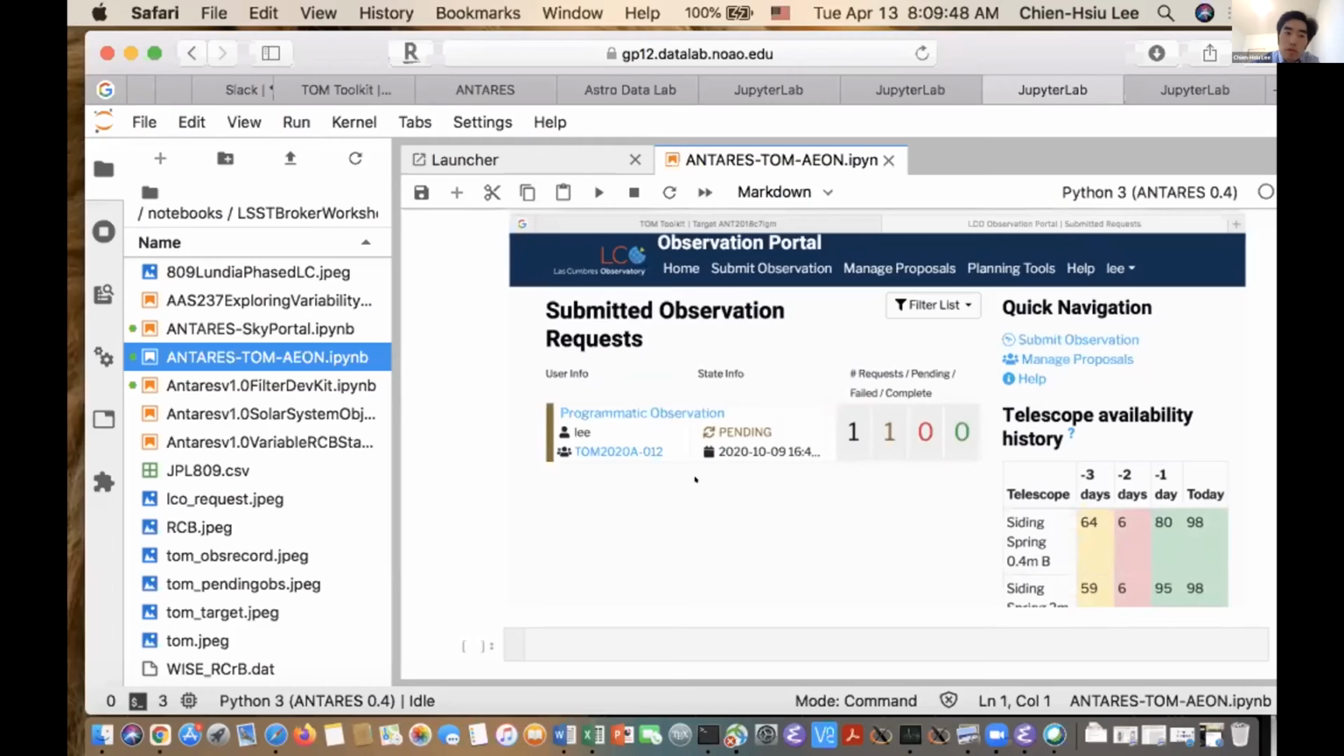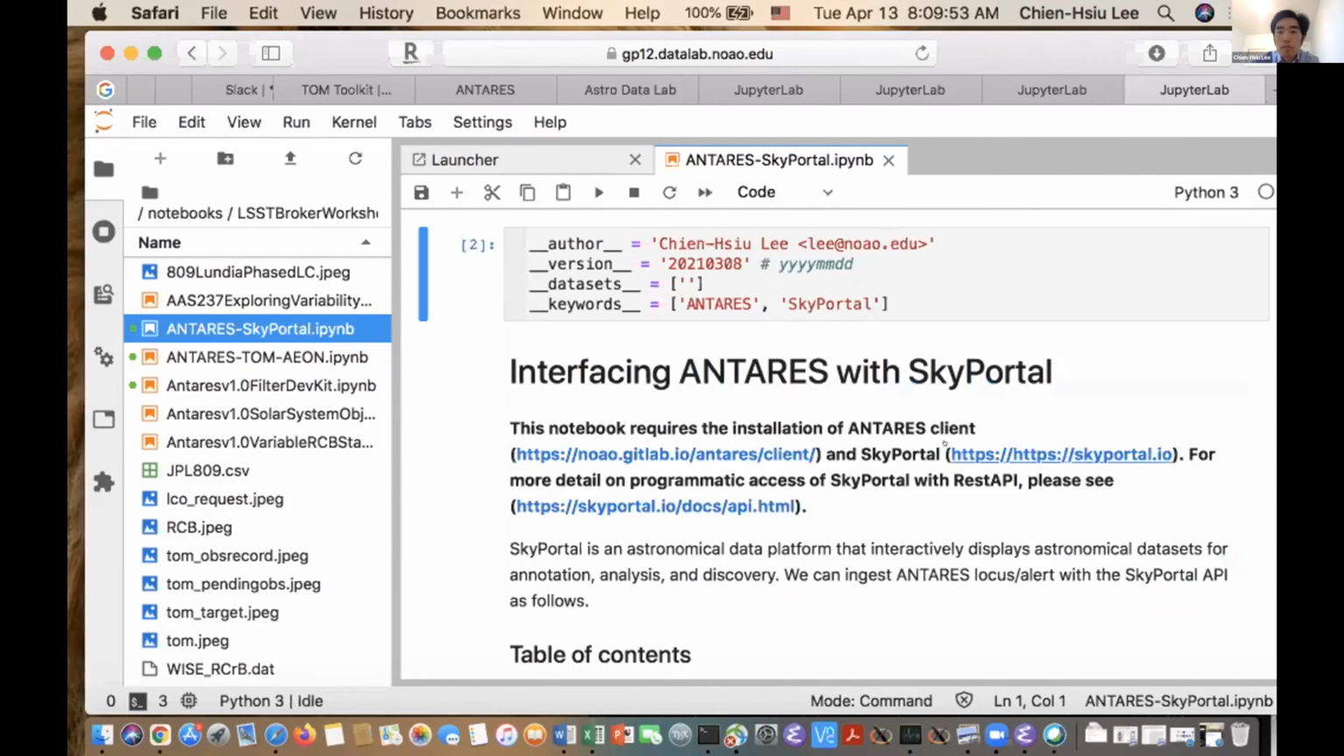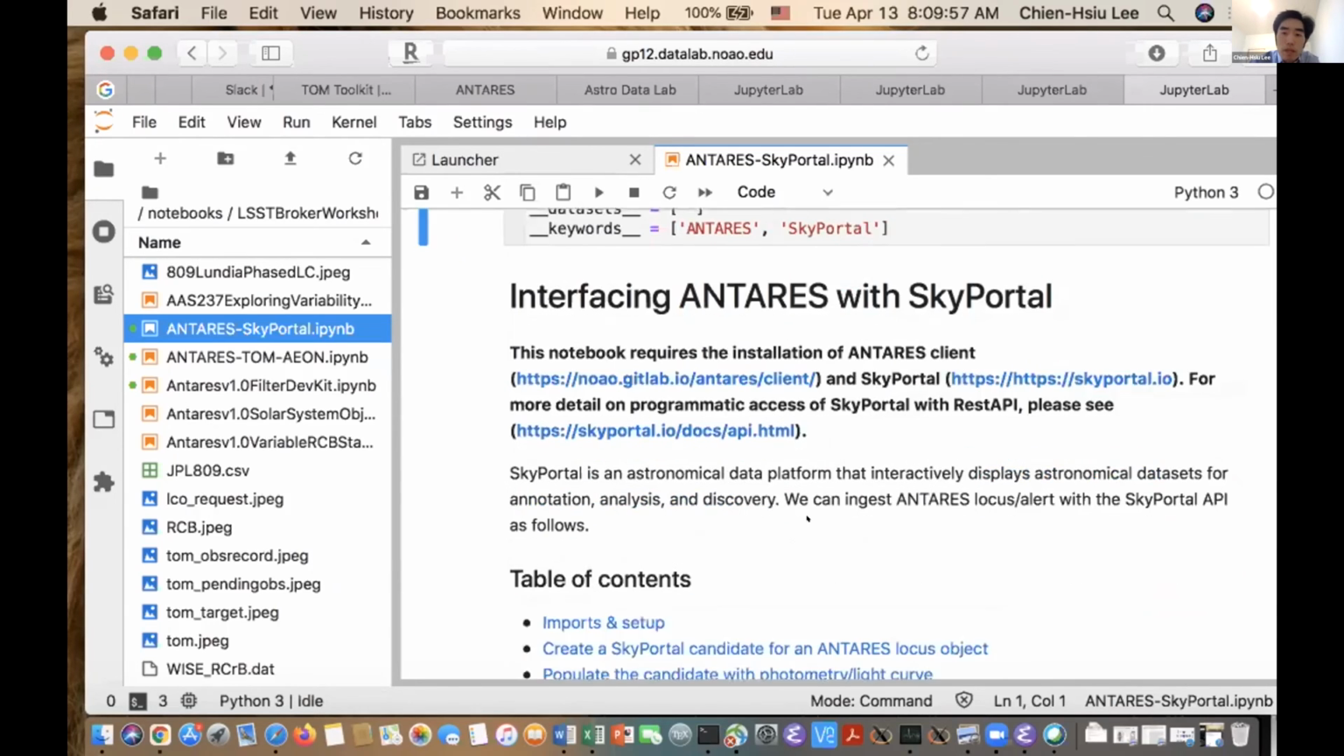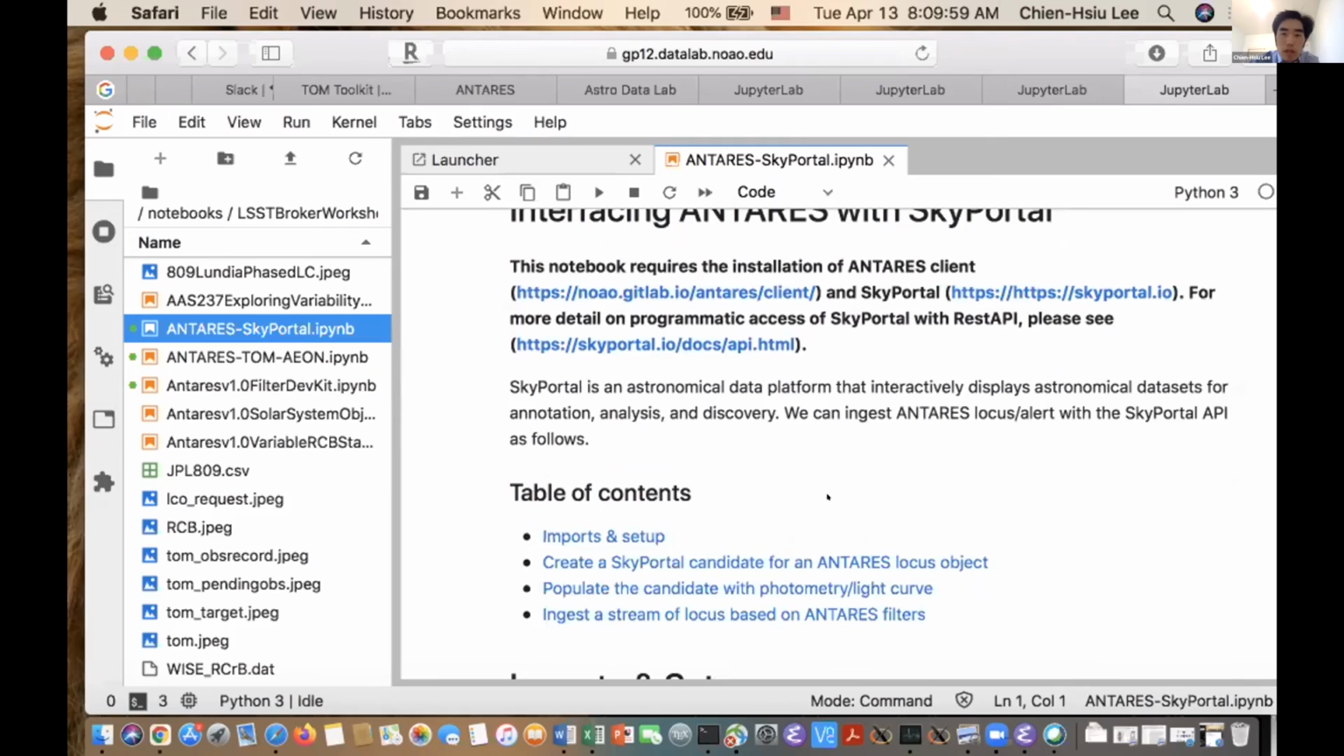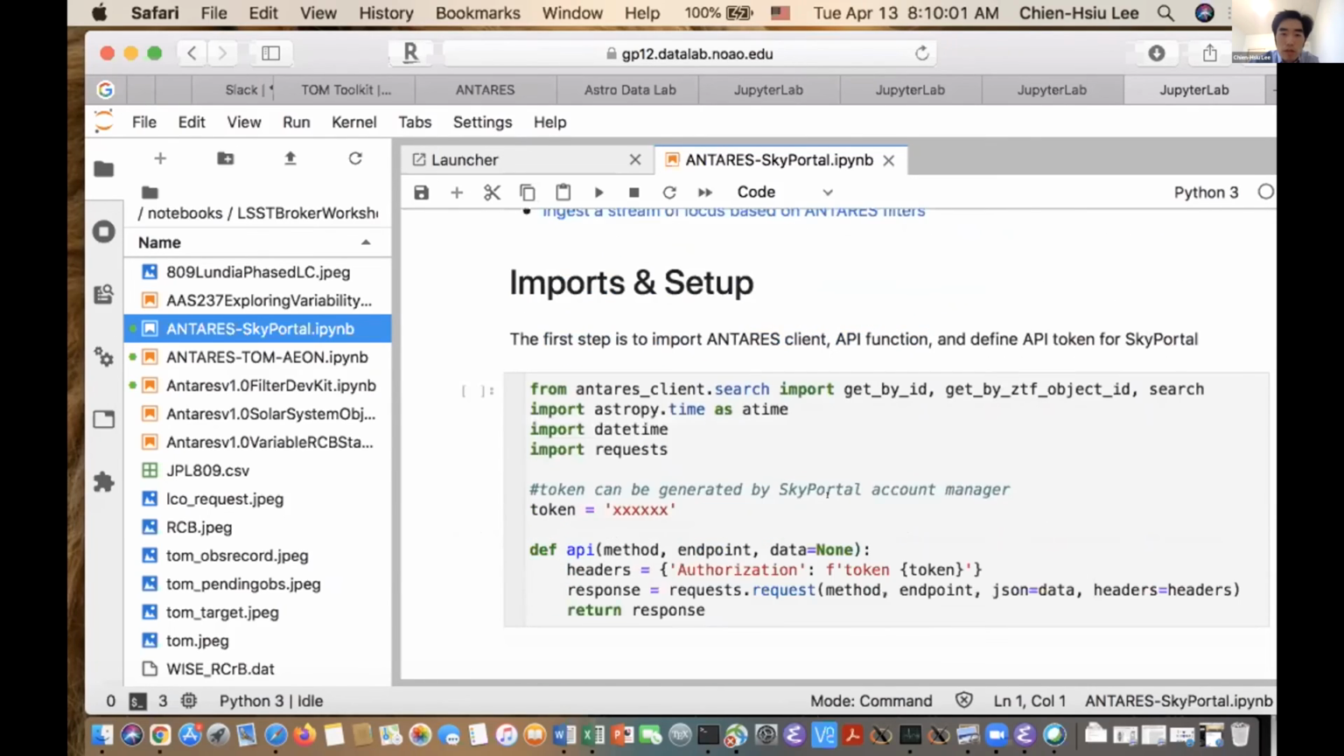So we are connecting to more than the TOM. We're also connecting to SkyPortal. So in SkyPortal, they'll give a talk tomorrow, if I remember correctly. Then if you have SkyPortal and you're using the REST API, you can simply do that. So you can import a locus object,